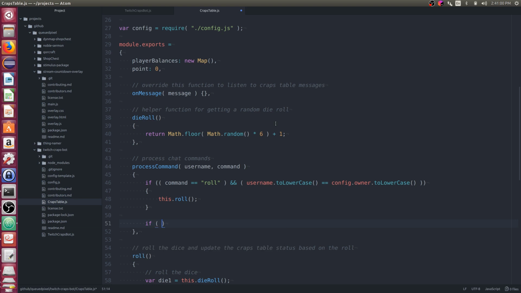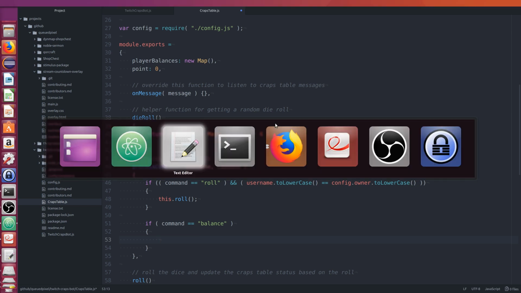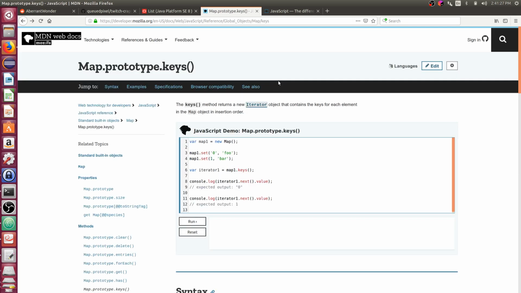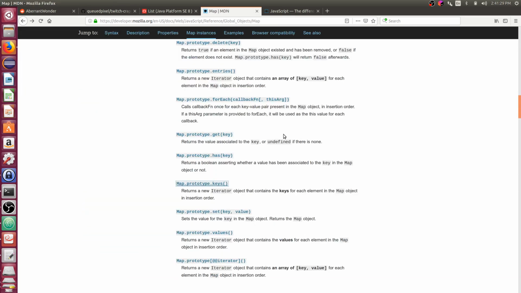And so we can say if command is equal to balance, we want to check to see if the balance already exists. And so we have a has.